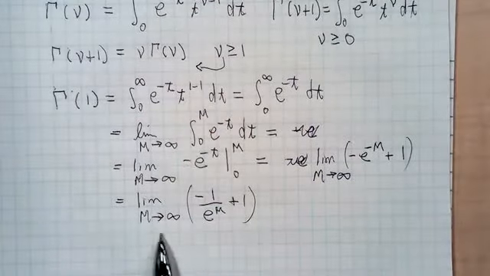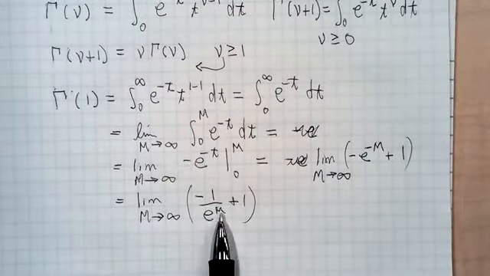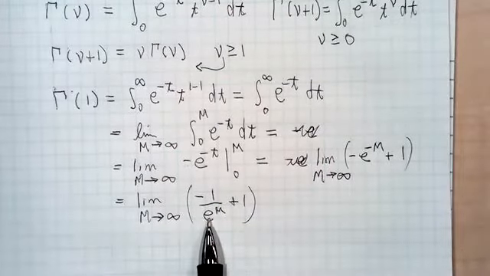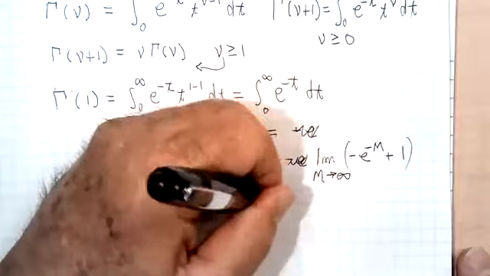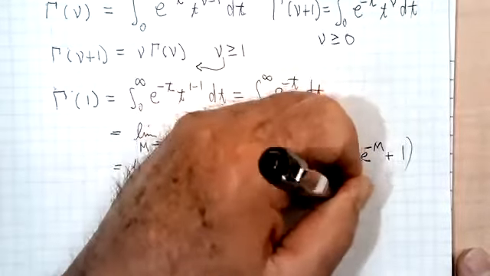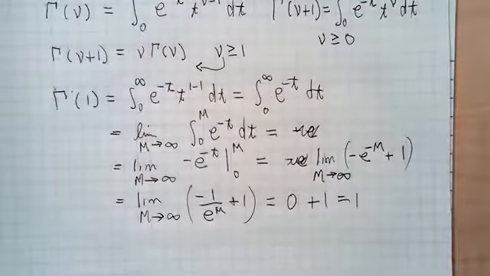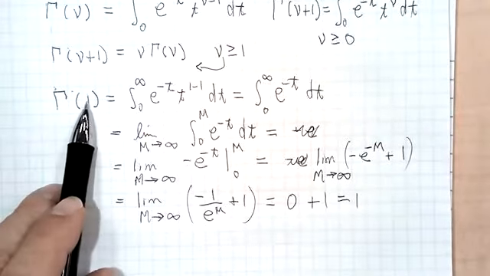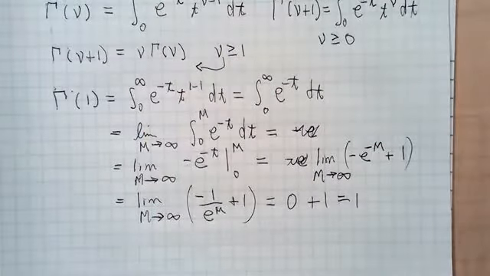Okay, so now what happens as m goes to infinity? Well, e to the m grows very, very rapidly. So you have minus 1 divided by a huge number. That is essentially 0, plus 1, and we get 1. So we've just gotten this much. Gamma of 1 is 1. So we've actually computed this